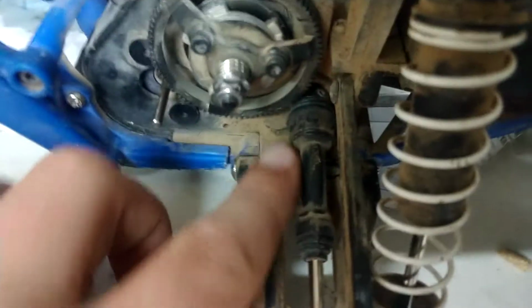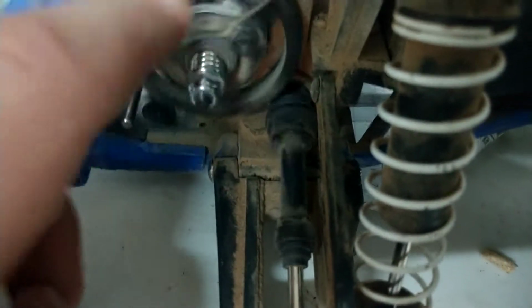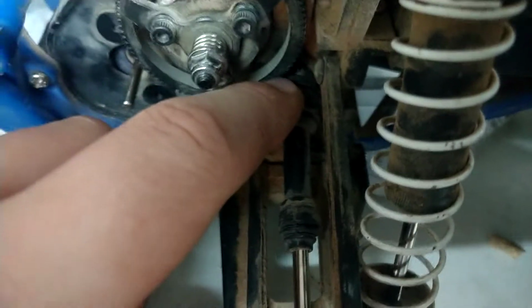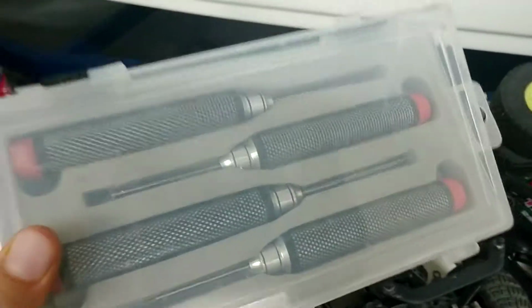So if you can see that screw right there, obviously you have to take out this gear and then you can get to it. I would prefer using something like these hex head screwdrivers. They work better than the Allen keys. And then once you have all of that out, which is on both sides,